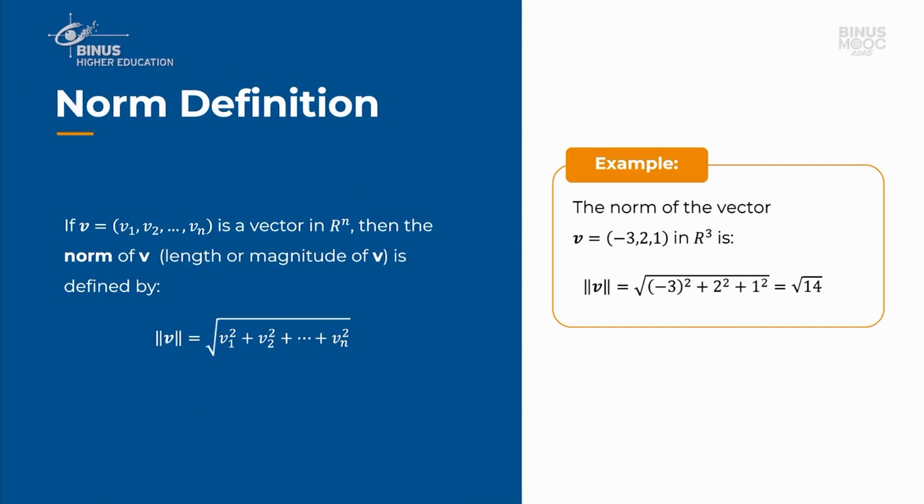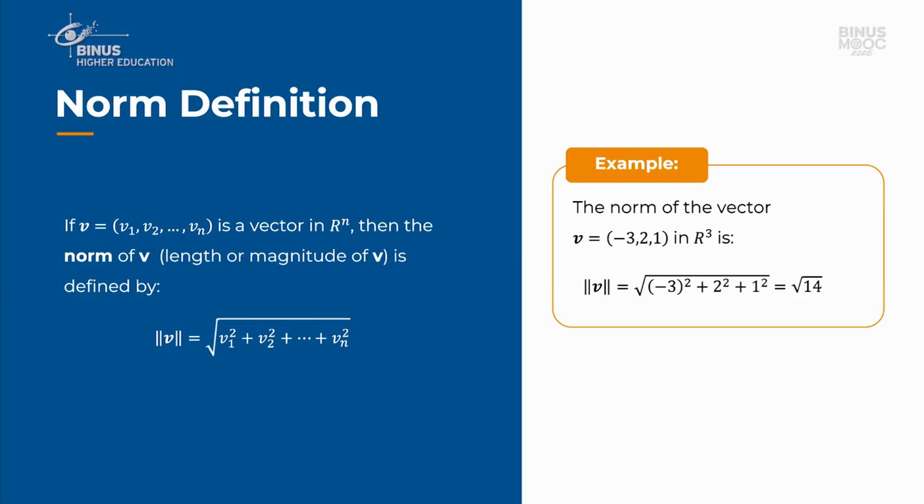And if we have the vector v in n space, or in Rn, then the norm of v is defined by the norm of v equals the square root of v1 squared plus v2 squared plus and so on until plus vn squared. For example, if we have v equals the vector (-3, 2, 1),